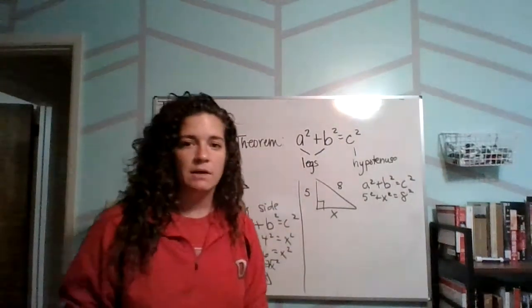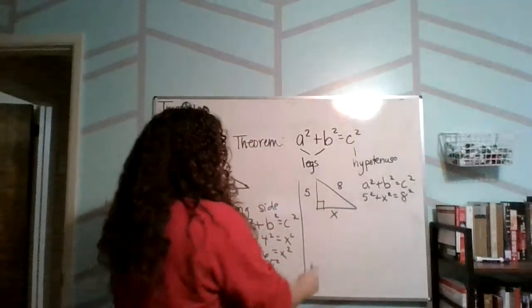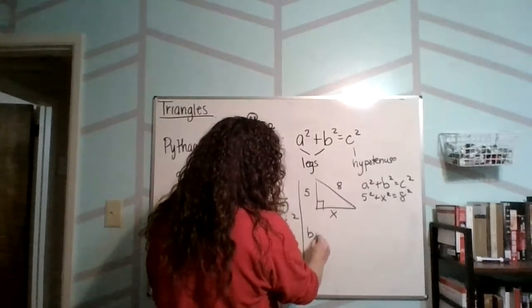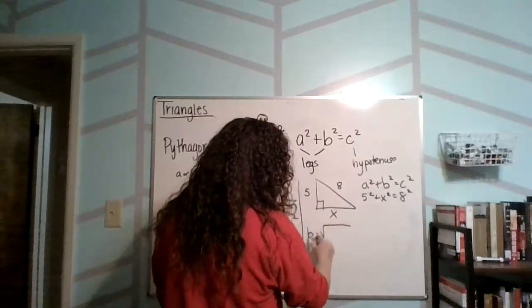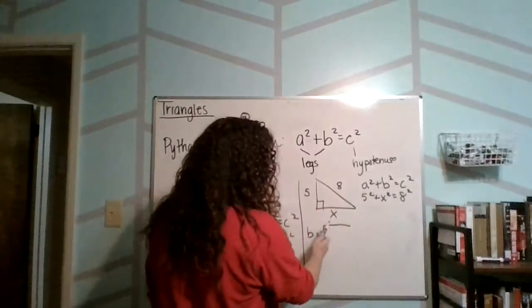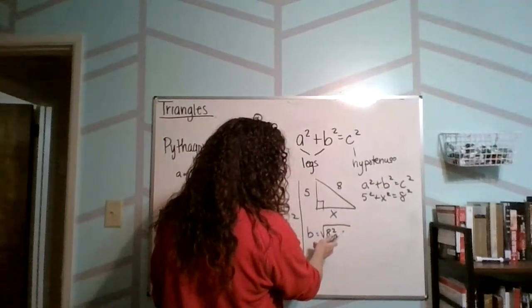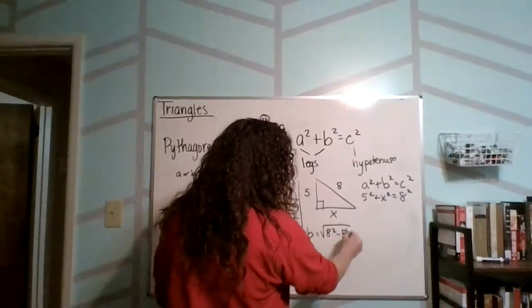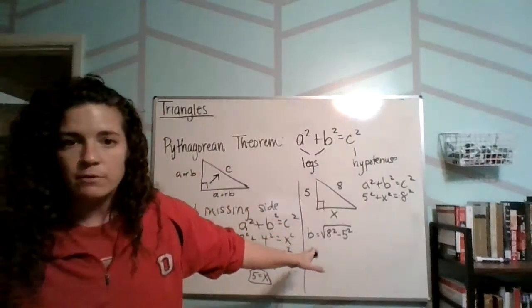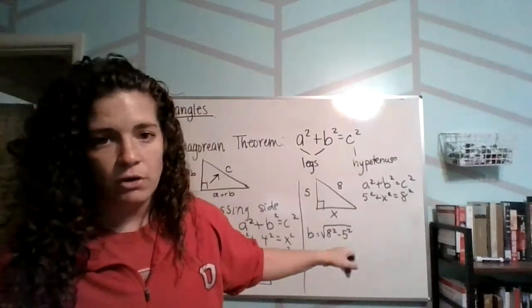Or you could recognize that you are solving for a side. So if I say this is B, sometimes you'll see it written out like this. So B squared, or B because I already took away the squared component, equals the square root of 8 squared, the hypotenuse is always going to be first, minus the other leg. Either way, I never showed you that way, but I know some of you are already doing it. I'm not going to teach it that way, but if you're doing it that way, great, keep at it if